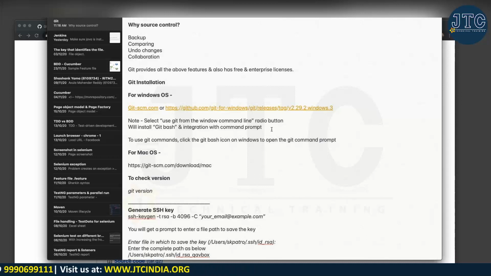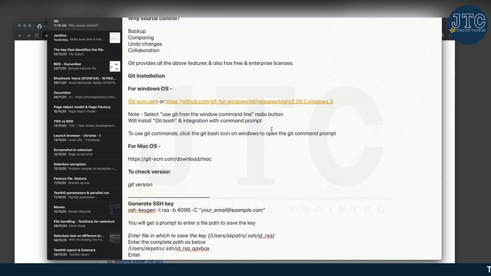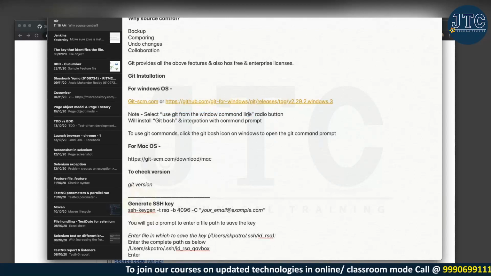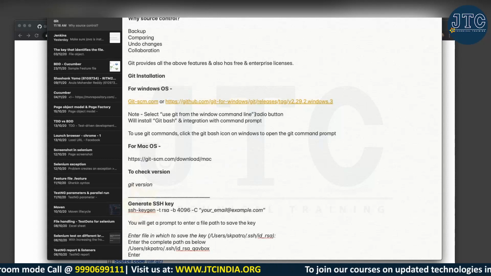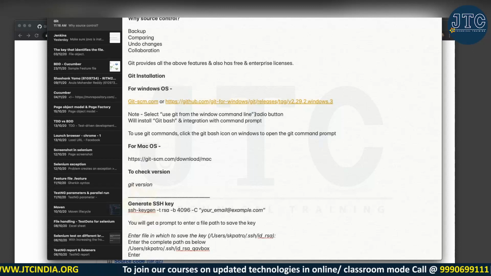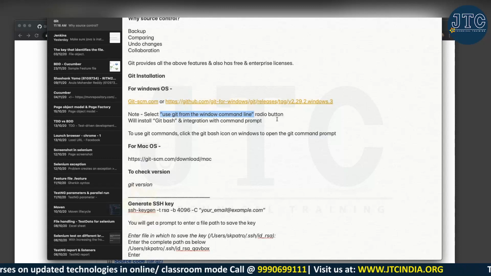So this is that simple. Now, while installing, you will get three radio buttons. Normally I would suggest selecting the middle one, which says use Git from the Windows command line, because Git provides a few commands and this integrates with your command prompt. You have your own command prompt that comes with Windows. To integrate with that, it is better to use this option so that you need not do any other setup.